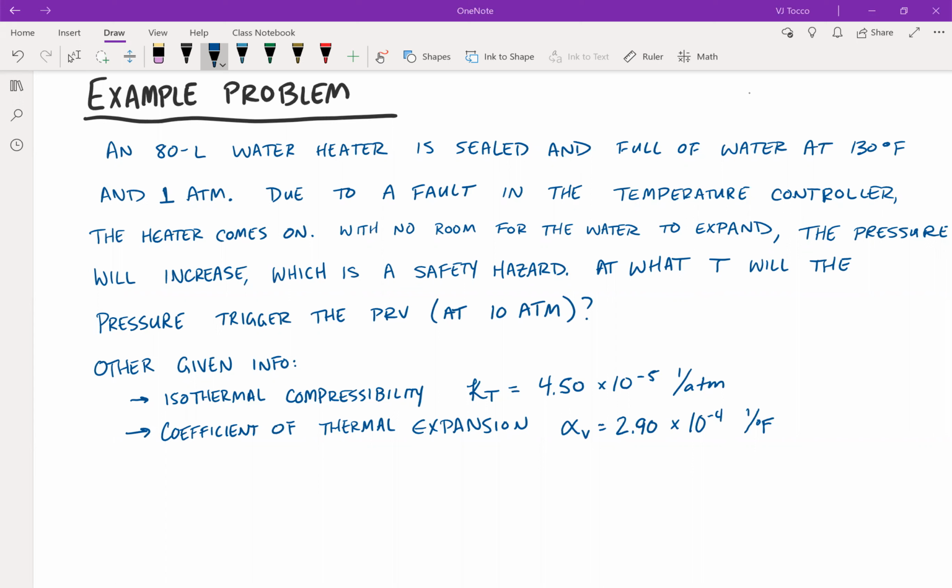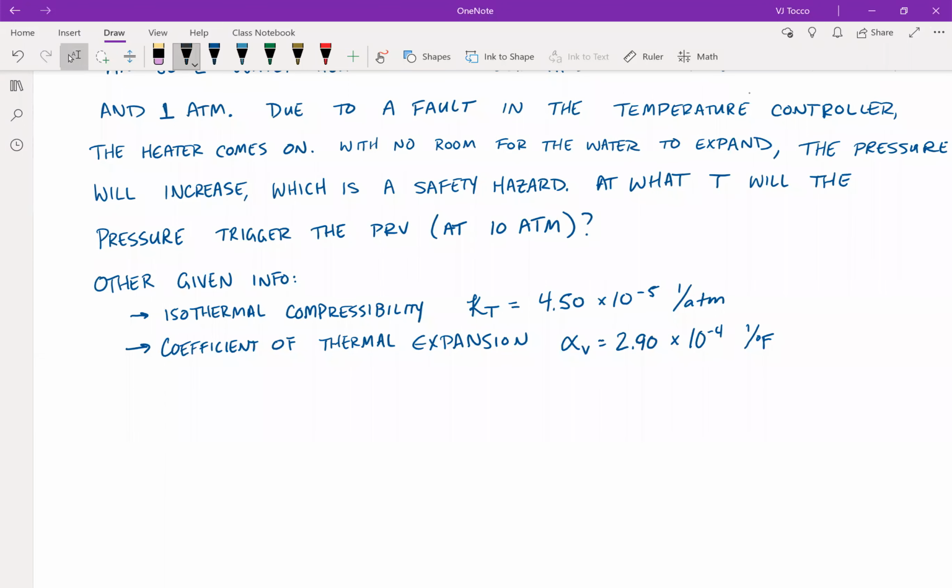to increase. And what we want to calculate is at what temperature will the pressure inside trigger the pressure relief valve. And say the pressure relief valve is designed to open at 10 atmospheres. We've got some other given information. We've got the isothermal compressibility, kappa sub T, is given there, and the coefficient of thermal expansion, alpha sub V, is also given there. So the first step in solving any problem, as always, is to draw yourself a process